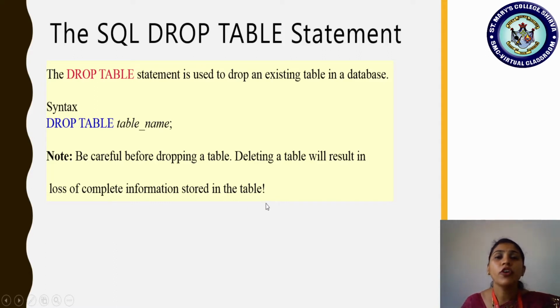So if you are sure that the complete table which is filled with data has to be removed, or suppose it is a table created with no data that you want to remove, you should be aware of the content or the use of that table, or the relation, when you are deleting. Is that clear? Because employee is a table and department is a table. So, or relation, the alternative name.